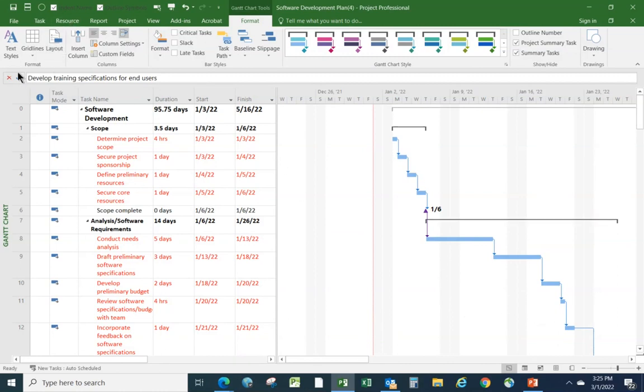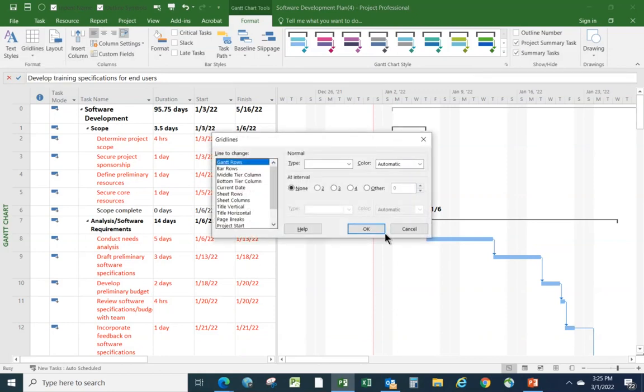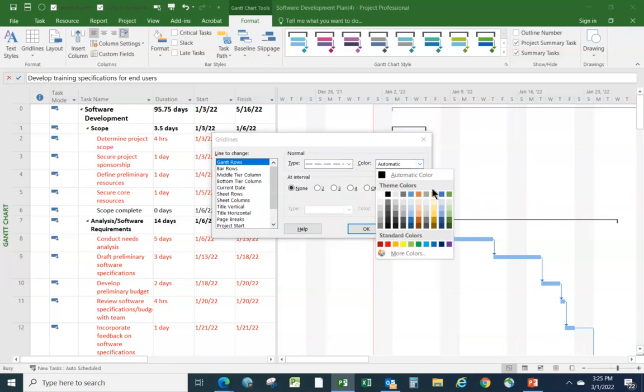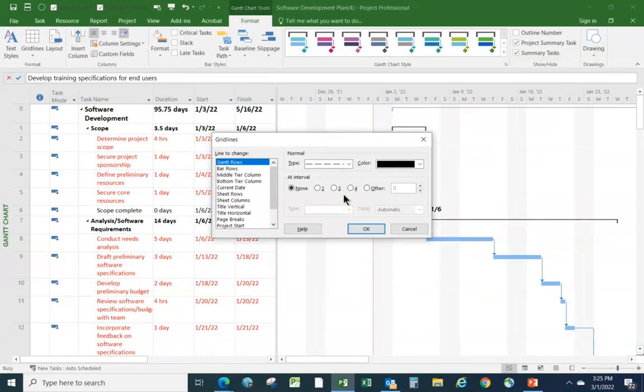So let's see what we could do there. Let's go to Gridlines again. Let's go to Gridlines and let's go to Gantt Rows here. Let's drop that down and have a dashed line of that type. Let's go with the color. We'll keep it black there, and we'll do it every second bar